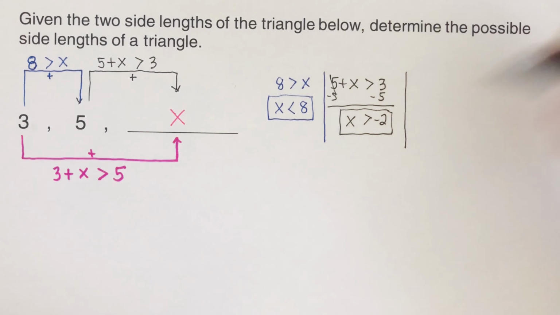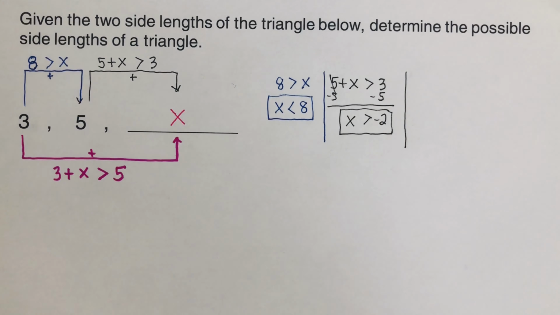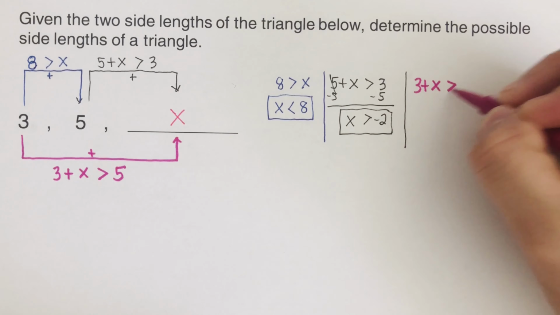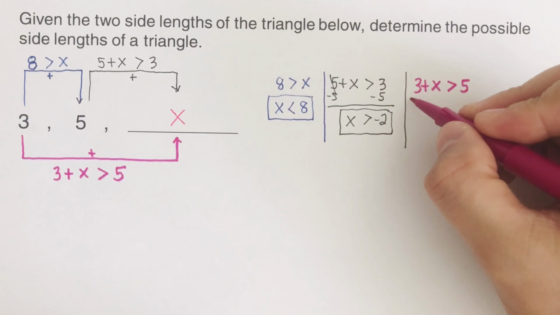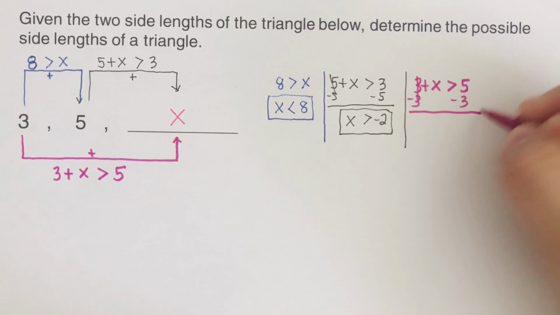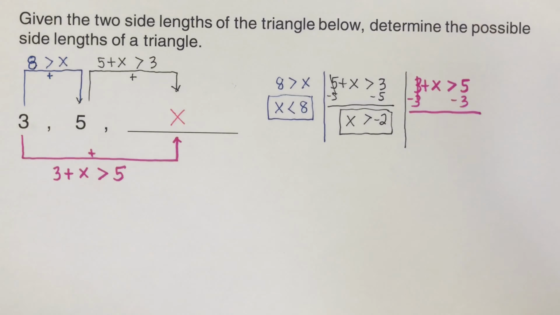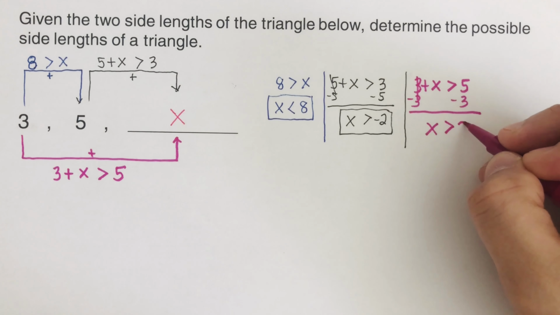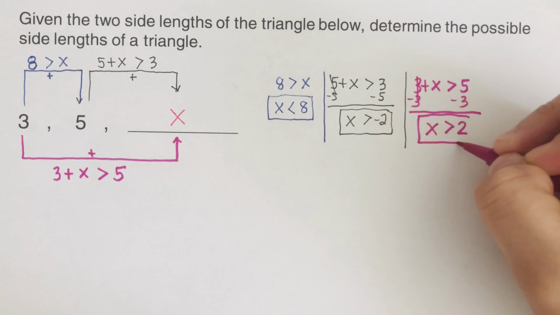So the third inequality down here, we have 3 plus x is greater than 5. And so we subtract 3 from both sides, minus 3. So we can cross this out. So the third simplified inequality would be x is greater than 5 minus 3, which is 2. Okay, so this is the third